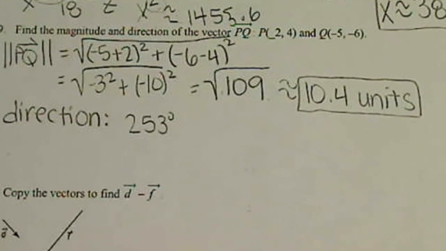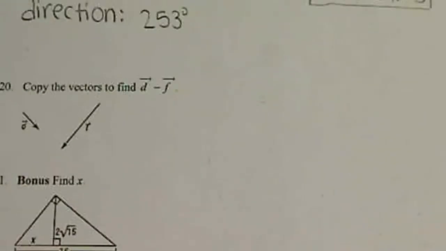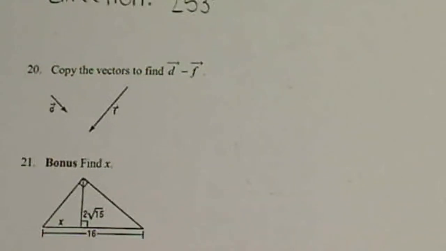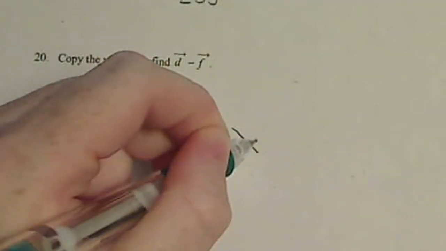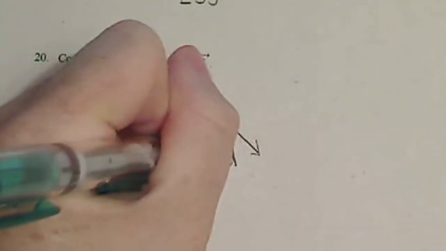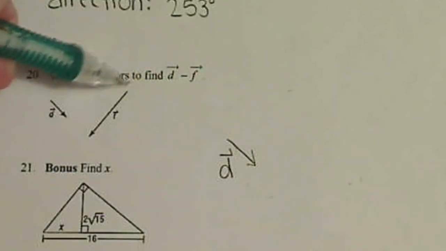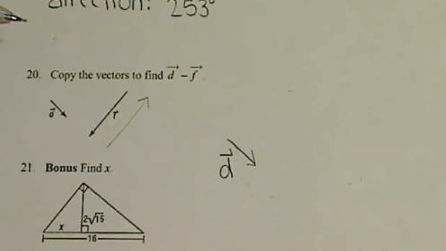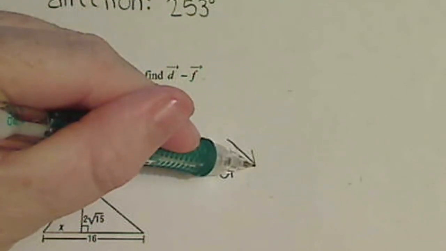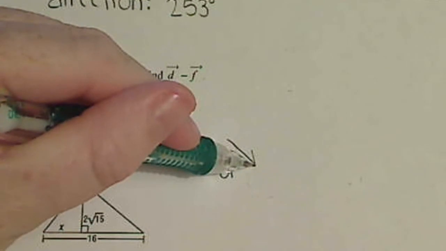Okay, number 20. Copy the vectors to show vector D minus vector F. So if I draw vector D down here, it looks about like that. And I'm going to label it. And it says minus, so that means instead of pointing down, it's going to go the opposite way. So remember, when you're doing vector addition or subtraction, you go from the arrow or the ending point, the terminal